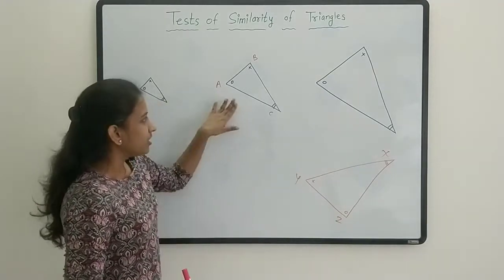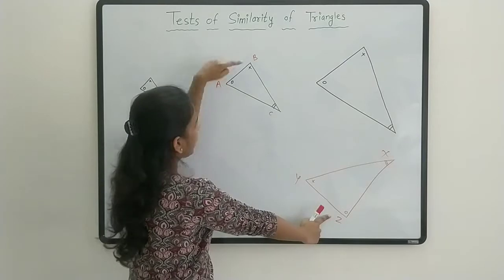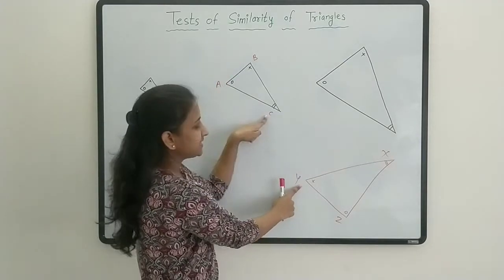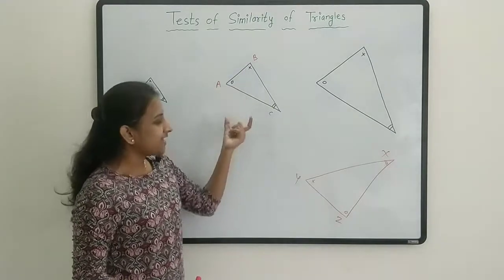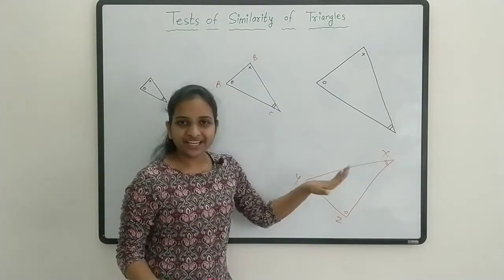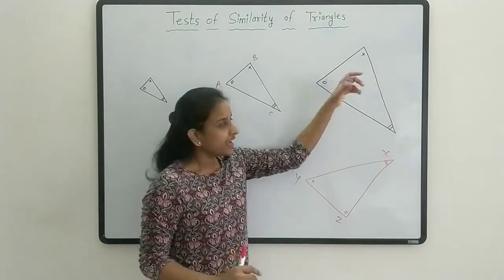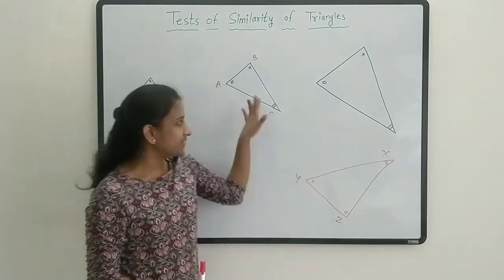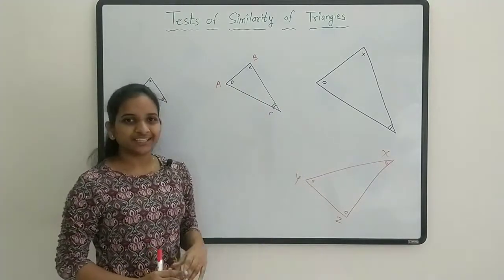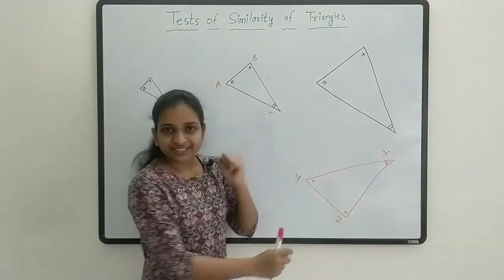Fine. Now, let's check the angles. Here angle A is equals to angle Z, angle B is equal to angle Y and angle C is equals to angle X. All three angles are equal and sides of the triangles are proportionally increasing. Fine. Because here proportionally increasing and this is just mirror image, water image, whatever it is. So we can say sides are proportionally increasing. So from this we can say this triangle is similar to this triangle.